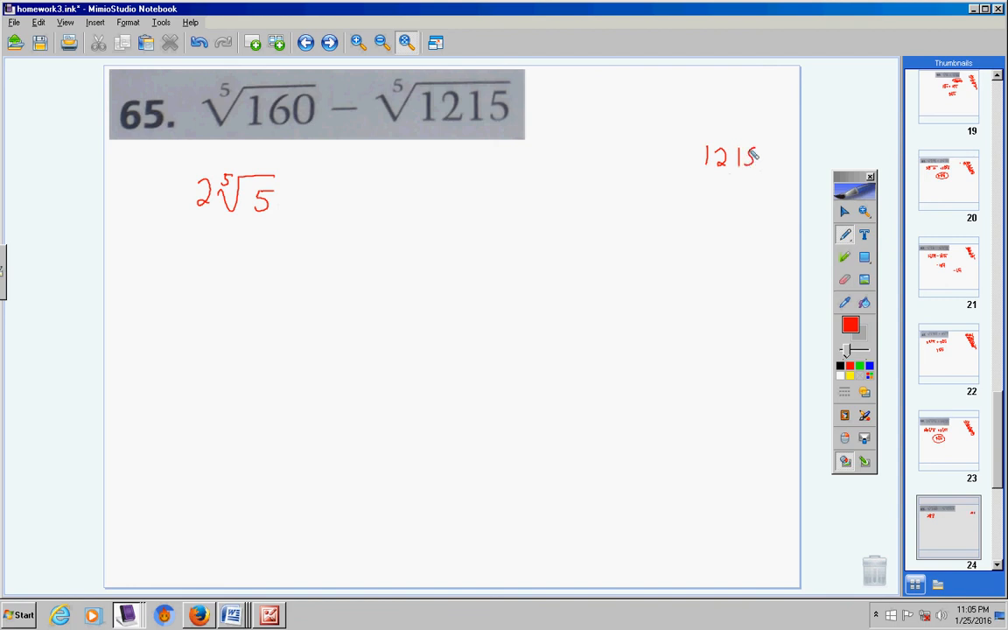1,215. Alright? Well, 5 goes into this, I know that 5's prime. So, 245, 5 would go into